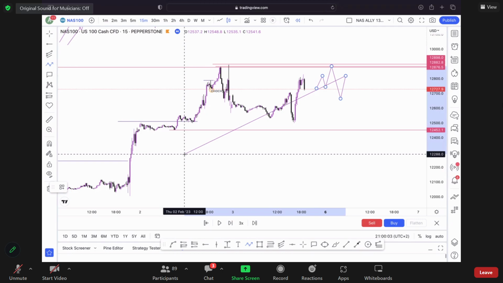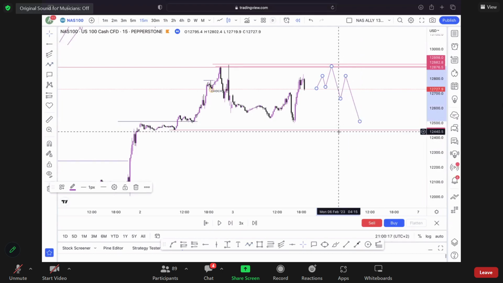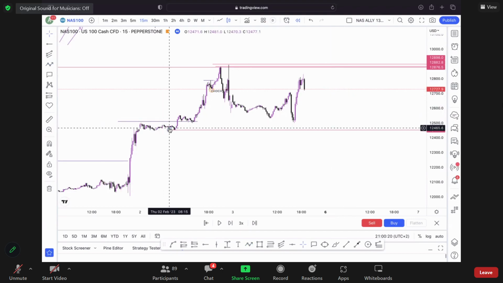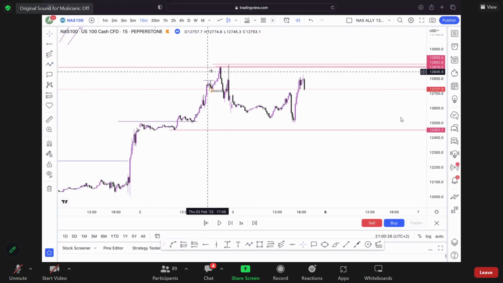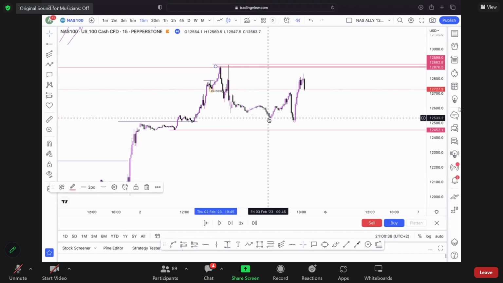Ali, I just have a quick question based on the lines you just drew. The one that is currently still on and the one you've deleted, which one do we select now? The one down there, which is still there, or the one before taking out the structure? The one you just removed? So this one over here, no, the one on top. Here where we have the long wicks that went down, where we went into discount, right? You had a line there. You explained that that is now our new range.